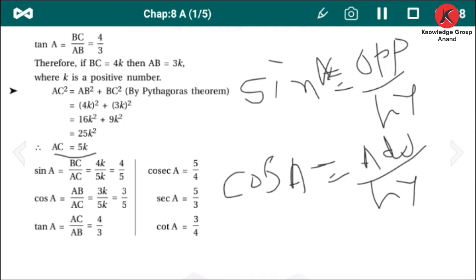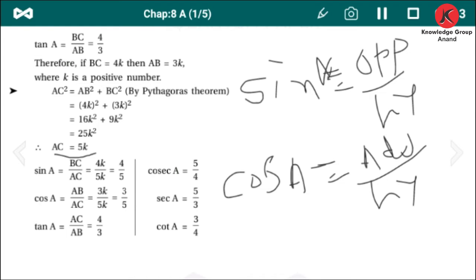We have given tan A is equal to 4 by 3. Therefore its reciprocal, cot A, is equal to 3 by 4, reciprocal or inverse we say. We know sine, cos, tan. Their reciprocals are: the reciprocal of sine is cosec, of cos is sec, and of tan is cot. We write 3 formulas, then write the other 3 formulas using this.